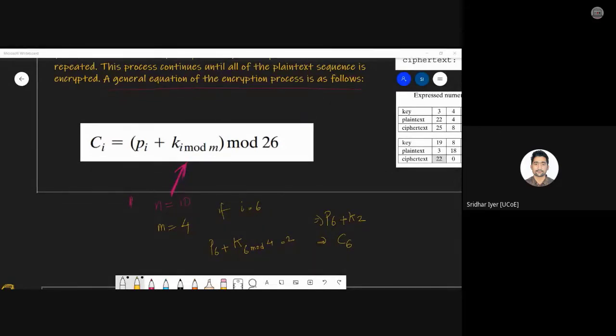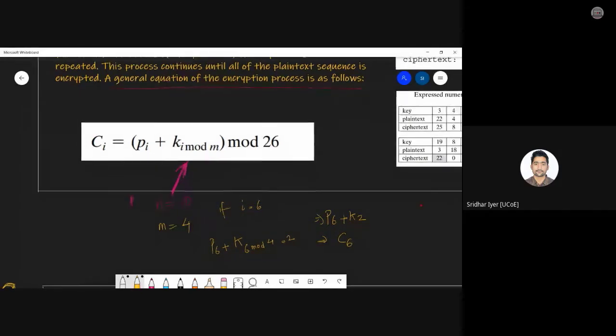Fine. So this is how we can reuse the keys, because obviously the length of the key is less than the length of the plain text. This is a very clever idea. Actually, this was supposed to be a very good cipher at that point of time. After it was broken, it was found that some statistical analysis can be done on this. I will discuss that later. But at that point of time, this algorithm was thought to be an interesting sort of cipher which cannot be broken. Fine. So right now it is clear, I guess. So we can move ahead.